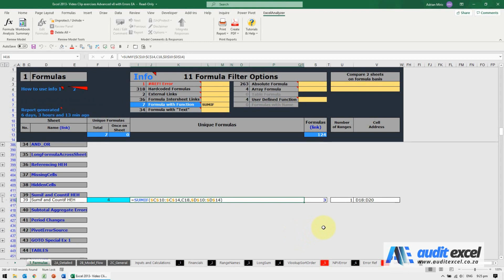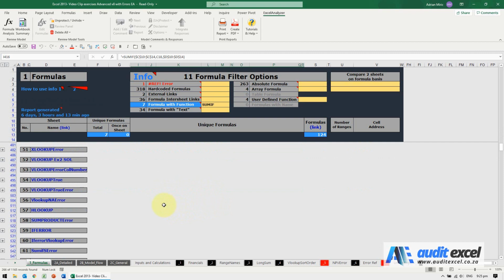The old SUMIF, excluding the S, so only a SUMIF, COUNTIF, AVERAGEIF, had a unique problem. So you'll see we've identified the SUMIF. When we look here, when you look at the sum range and the criteria range, they should be the same. So you can see that goes from row 10 to row 14. That goes 10 to 14.